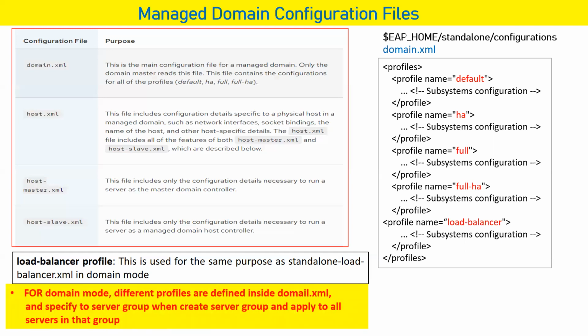Okay, and when we talk about domain mode, different profiles are defined inside domain.xml and specified to a server group when we create the server group, and applied to all servers in that group. So we know that when we create a managed domain, we have multiple JBoss instances running the same applications for high availability, right? So when we create the multiple managed servers or JBoss instances, we define a particular profile